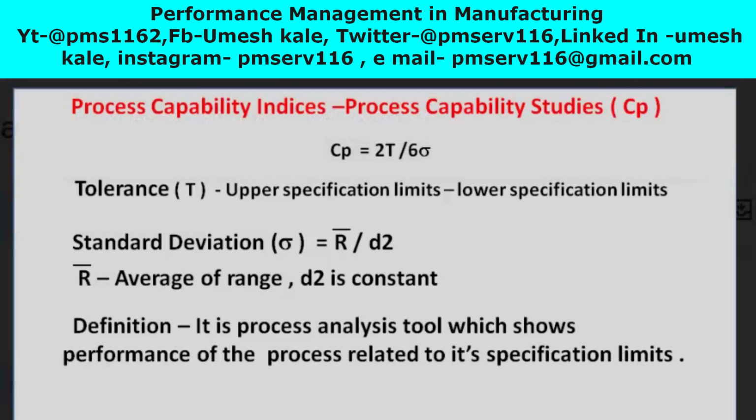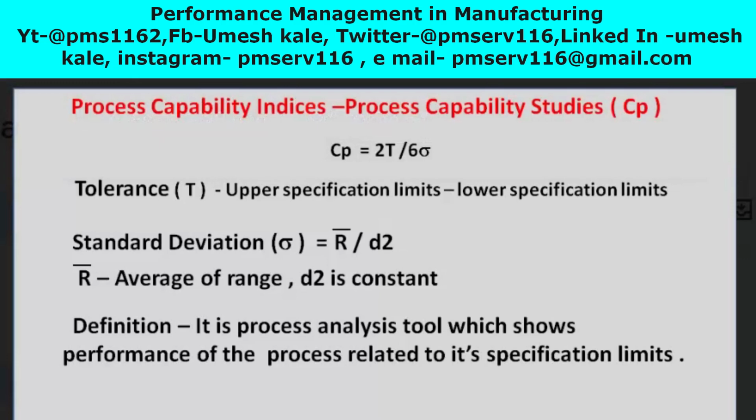And the formula of the process capability is Cp equals 2T divided by 6 sigma. T stands for the tolerance, means what is the process tolerance of your manufacturing process, that has to be mentioned over here. That is, upper specification limit minus lower specification limit is the tolerance of your manufacturing process. And 6 sigma, the value of sigma is